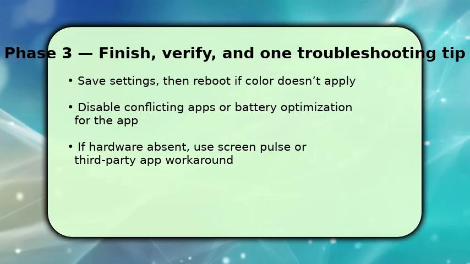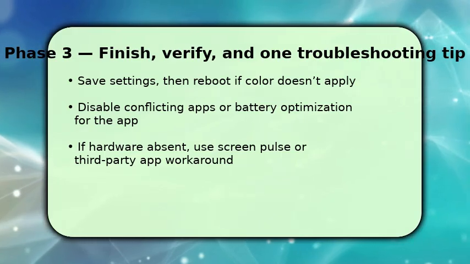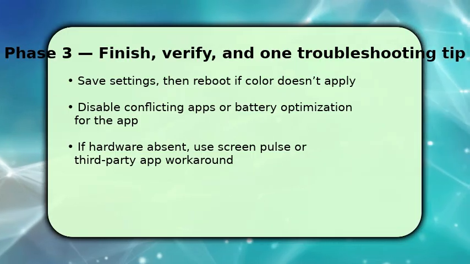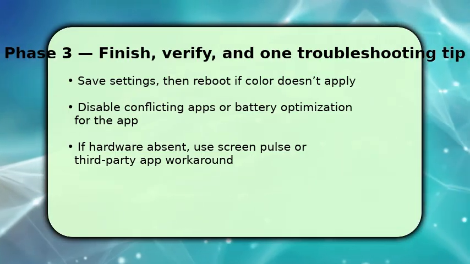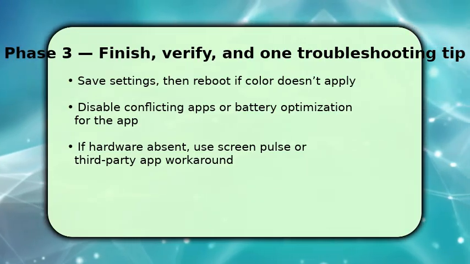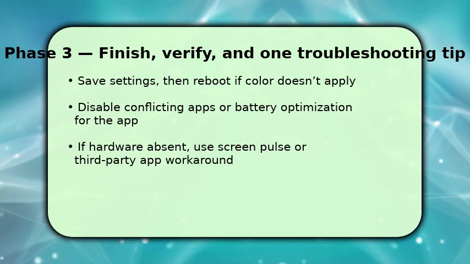Make sure the target app isn't battery optimized or blocked from background activity, because that can prevent the color trigger. If your Vivo model lacks a hardware LED, use the built-in screen pulse/always-on display option or an approved third-party app as a workaround. Troubleshooting tip: if nothing works, reset notification preferences for the app and